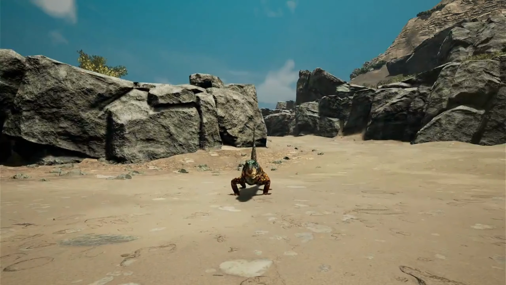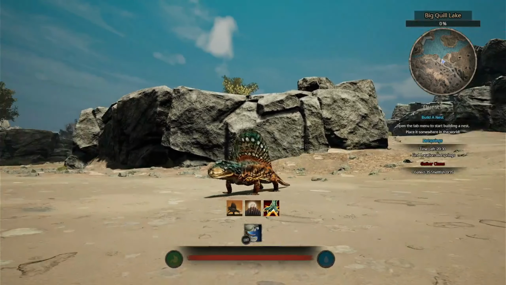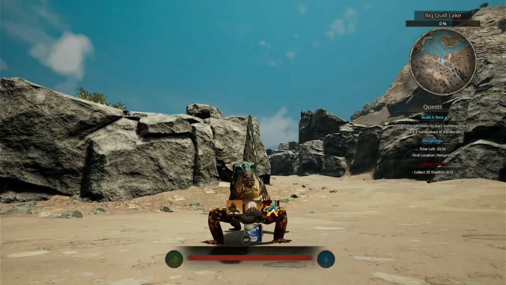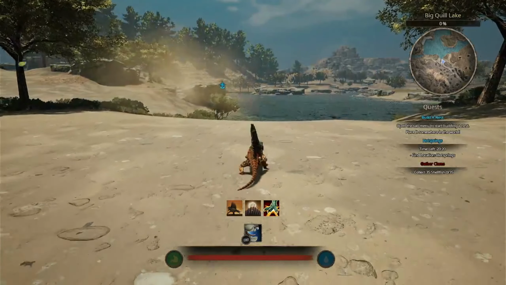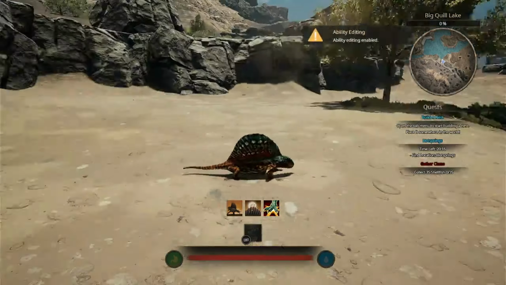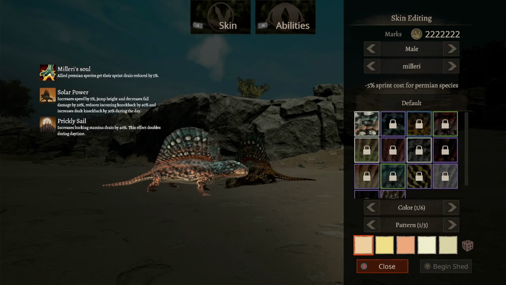And yeah, let's get straight into this, starting off with the brand new Primordial Wraths Dimetrodon, I think. And this is a smaller subspecies of Dimetrodon, so this thing is tiny. Like, this is literally a one slot, and it's so small. But anyway, let's have a look at what abilities this thing has, because it has got quite a few,